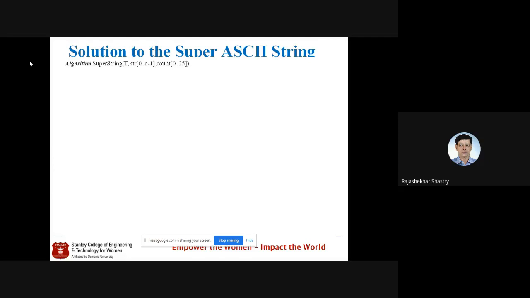That's about T. The second one is str, the string. It starts from 0 to n minus 1, and the maximum size of the string should be 100 characters. And count is, of course, the important one, which indicates how many times each character occurs. Am I right, all of you? So I have taken these 3 variables as the input to the algorithm.